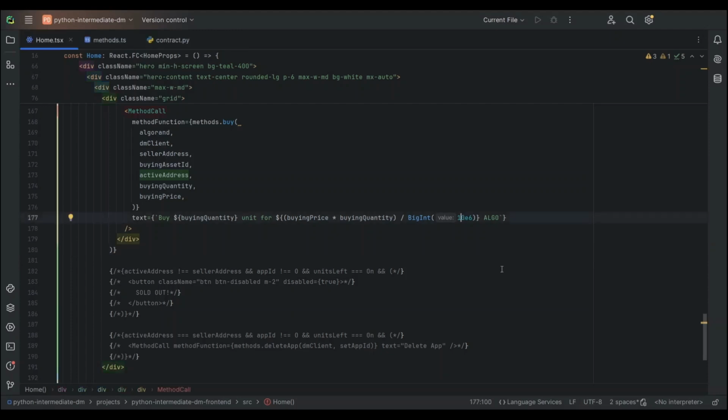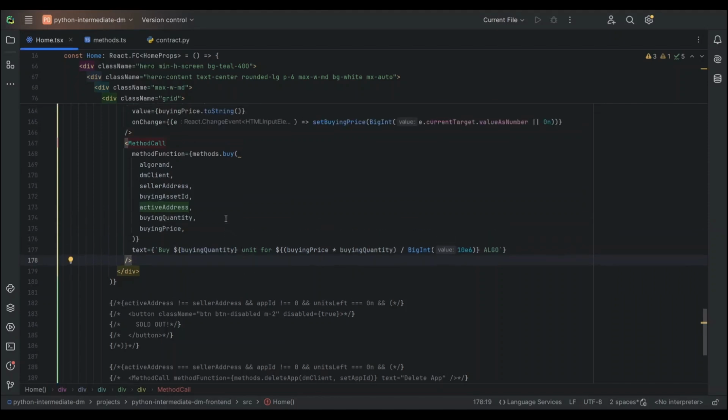Oh, so this is 10 times 10 to the 6. Perhaps this is where the error is coming from. By buying quantity. So by buying quantity,